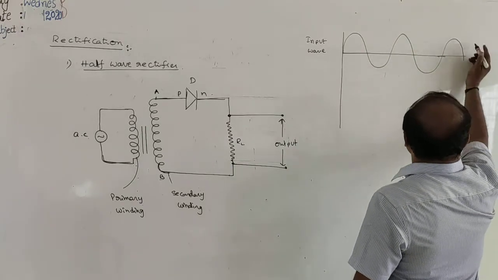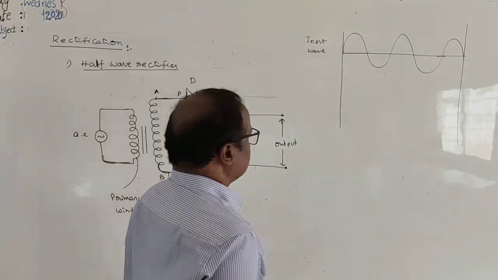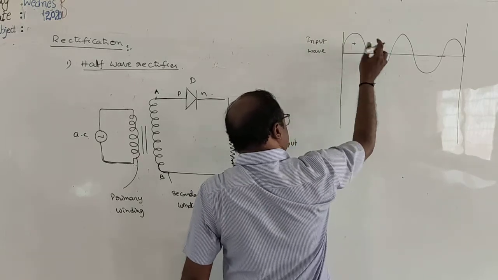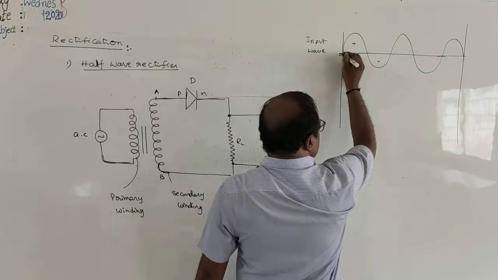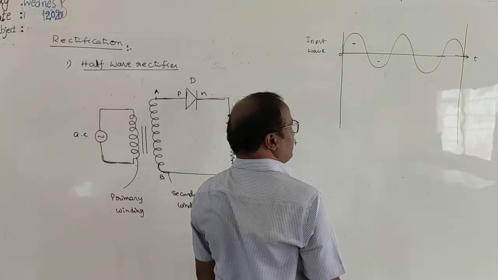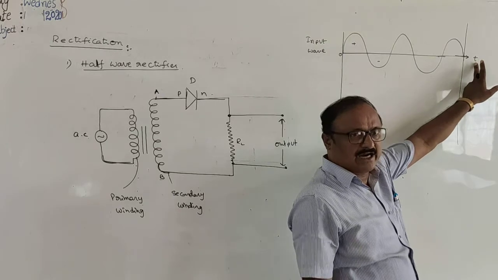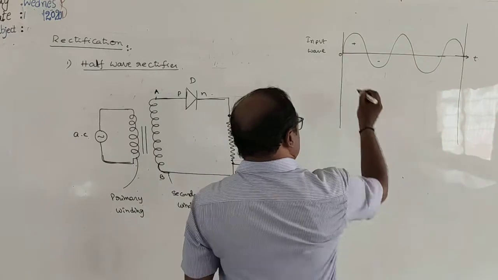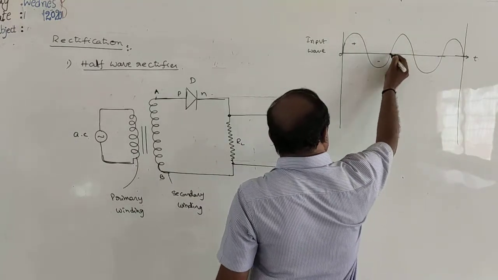So this is the input AC waveform. See my dear friends, this is the positive half cycle of input AC and this is the negative half cycle of input AC. Suppose on the x-axis, let us take the time period. Whatever it may be, time or omega, we can take, no problem. Omega in terms of phase difference or angular frequency in terms of time. So this is one complete wave, and the total time taken for a complete wave is called the time period.